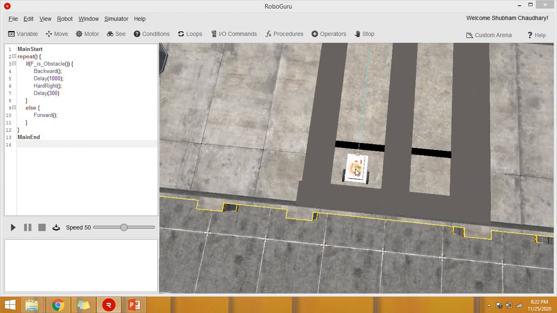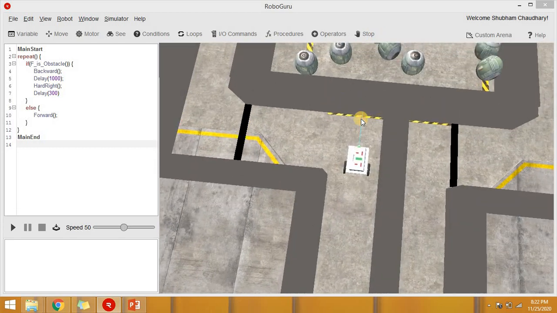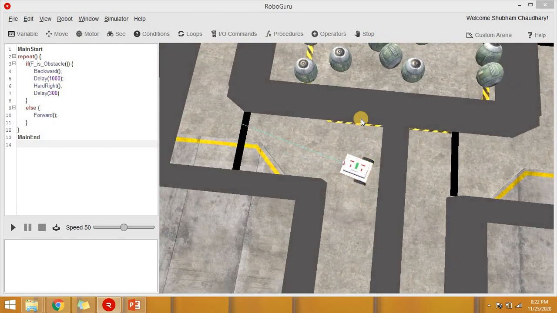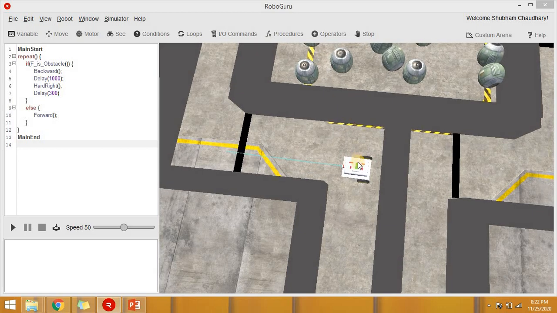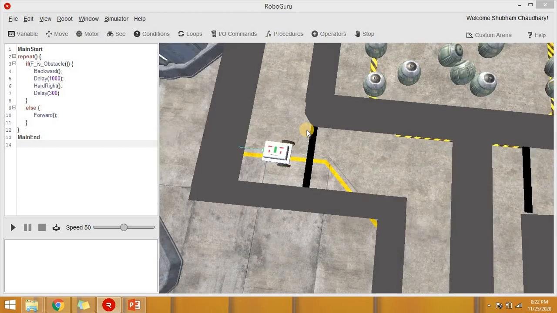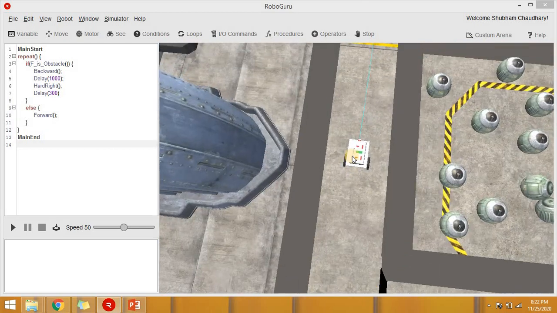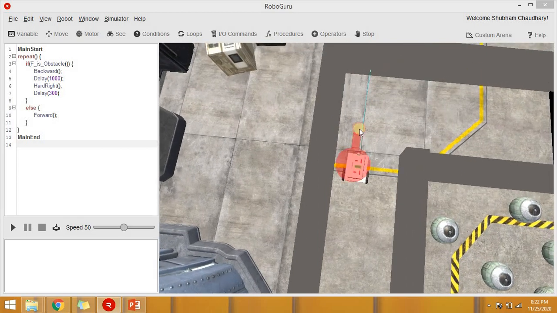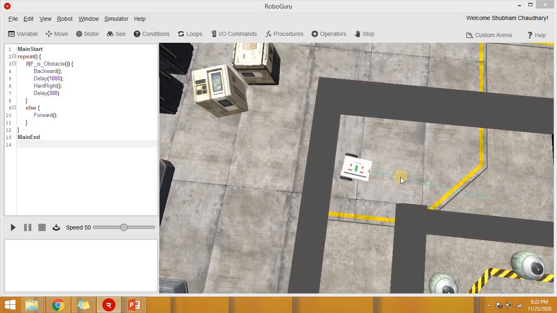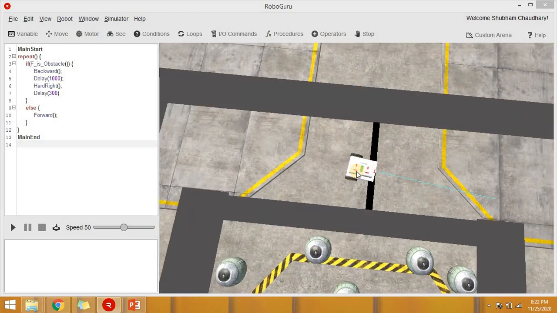You should program the robot so that it first moves forward, then turns left. I am doing this with my keyboard, but it's important that you do this using your program. Then it should again move forward, then turn right and again start moving forward.